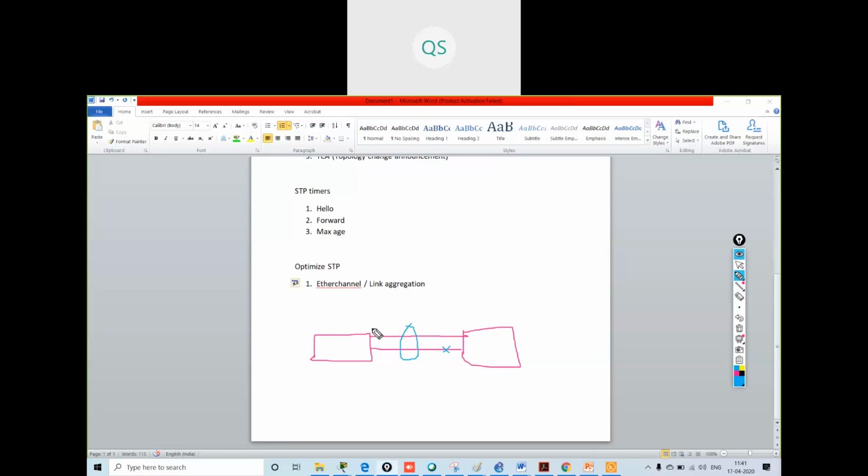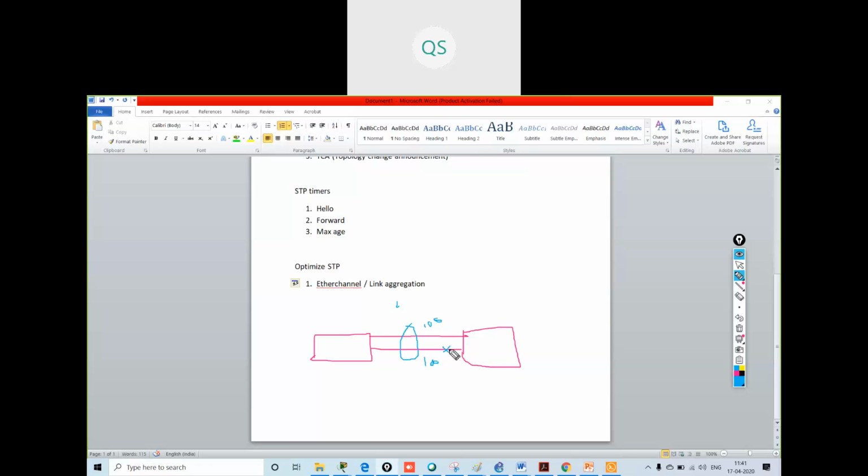So what we will do is make a bundle, an EtherChannel of these two links. We will have two physical connections, but we will configure these two links so that they are not two physical links. This is one logical link. Now, what will happen? Suppose I have 100 Mbps link bandwidth on both the links.